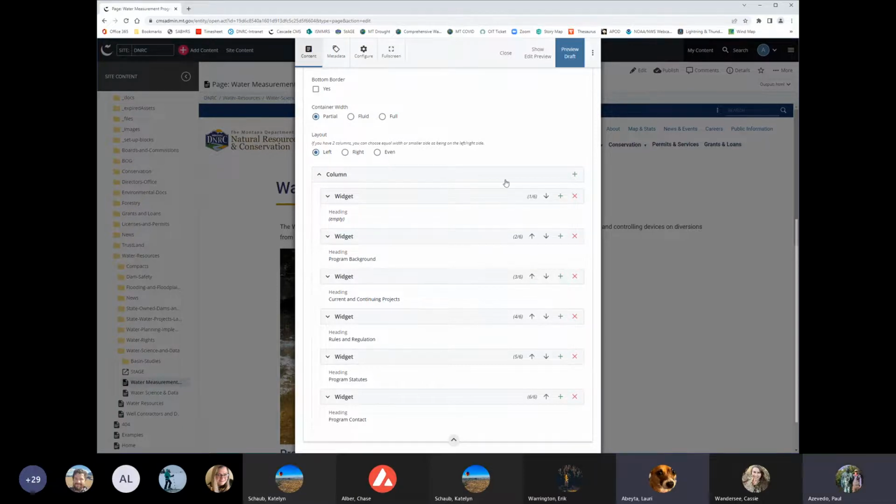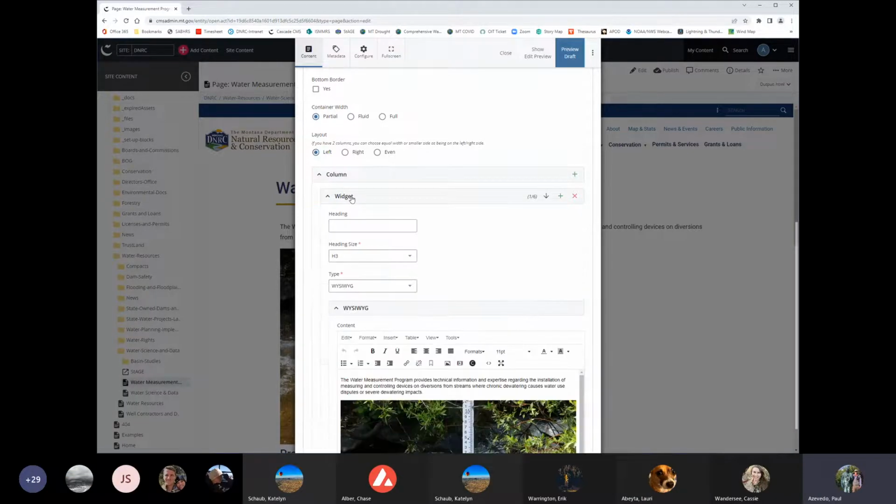But what you're telling me there is in this case, that widget is actually a little text block or something. Yeah. Do you see where it says heading at the top? Right underneath widget. Yep. And then right below that, it has a heading size. Mm-hmm. And then right below that, it says type. Right. If you click on that right there,